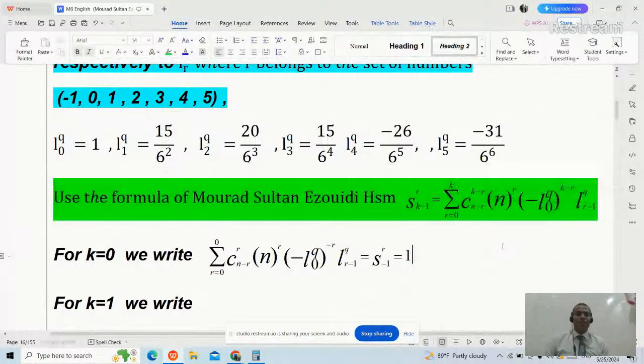The formula is that S_{k-1} of order r equals the sum from 0 to k, combination n minus r, choose k minus r, n raised to the power r times, between parentheses, minus l,